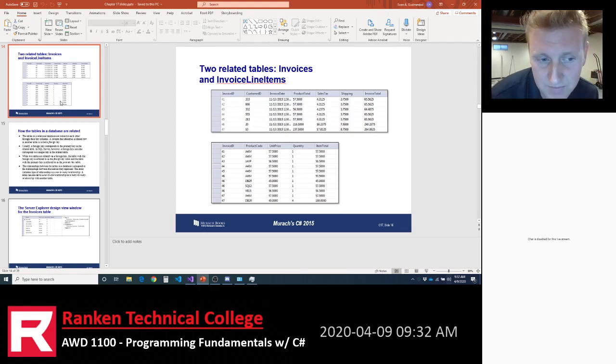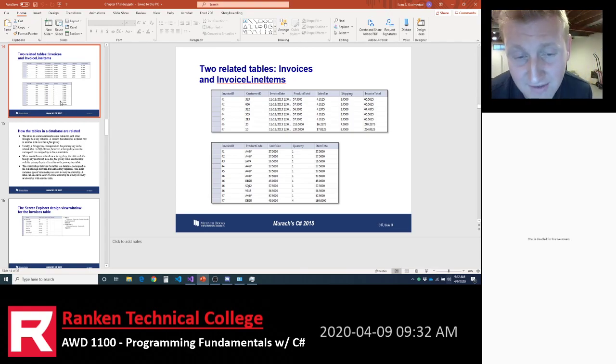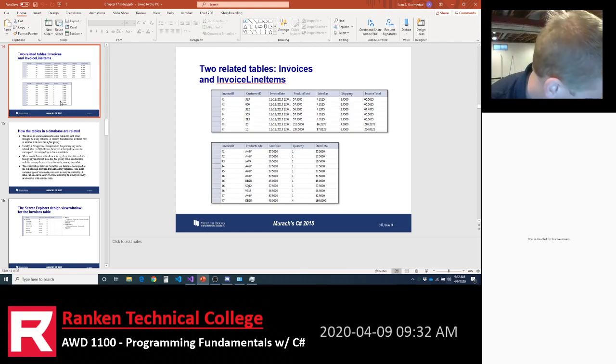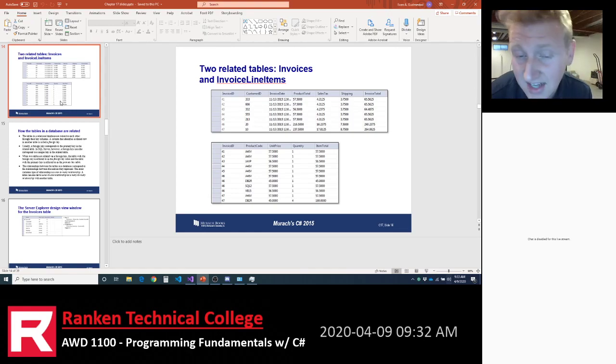So again, the foreign key enforces a rule that says in order to insert a foreign key value, that value must first exist as a primary key value in the table that you're linked to. That concept right there is very important. Okay, understanding what is a primary key, what is a foreign key, and their relationship between one another.